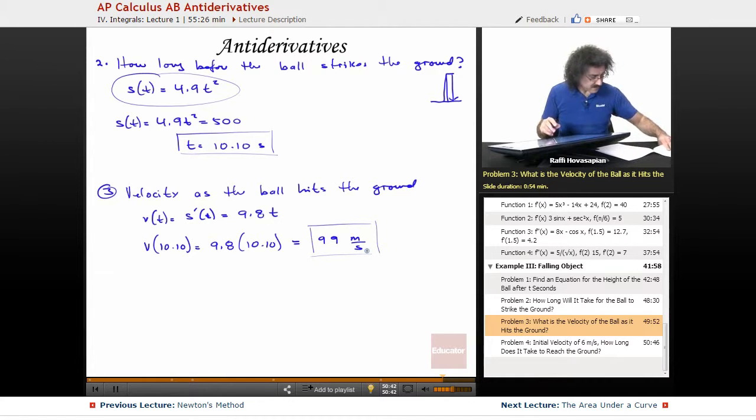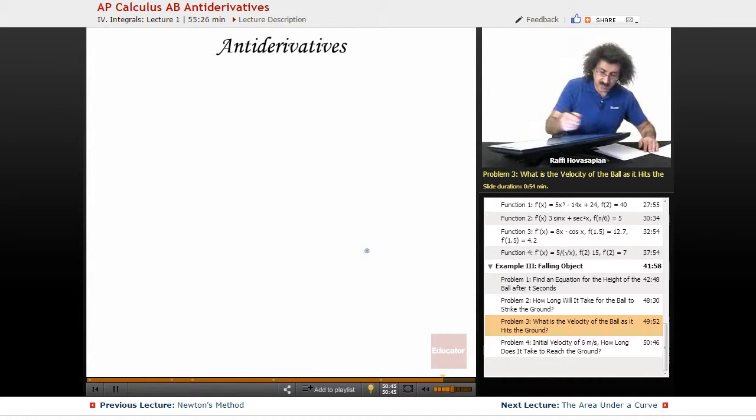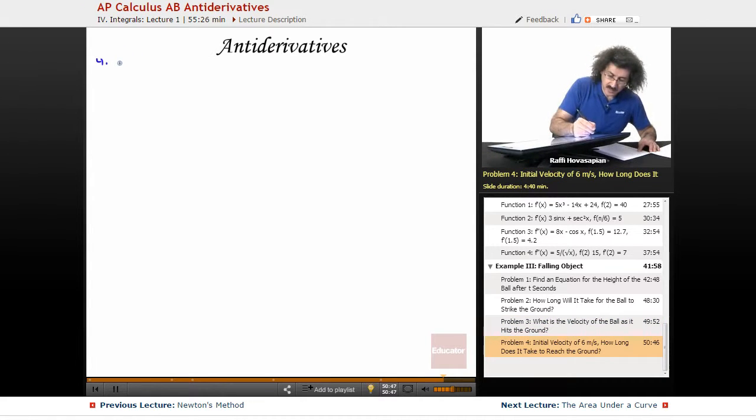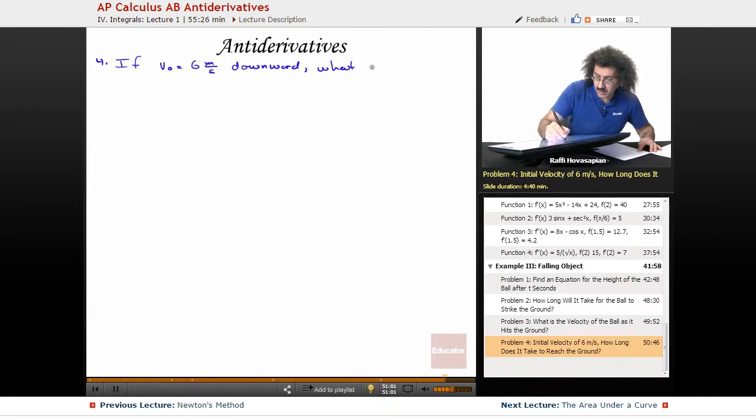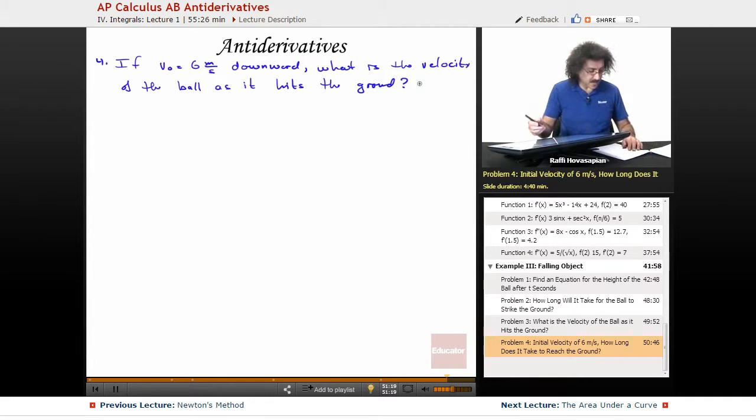Okay, now let's do the last one, number 4. Okay, if our initial velocity is 6 meters per second downward, what is the velocity of the ball as it hits the ground? Okay, now